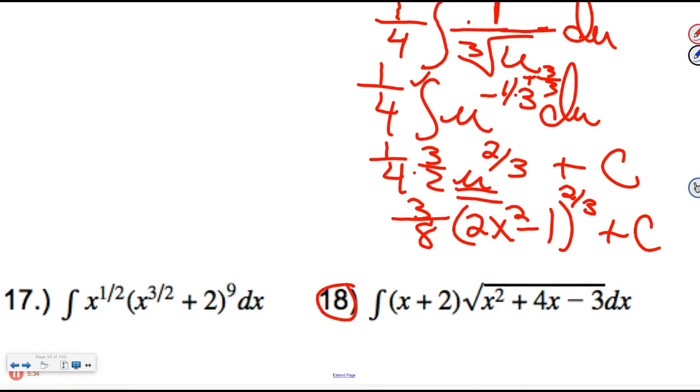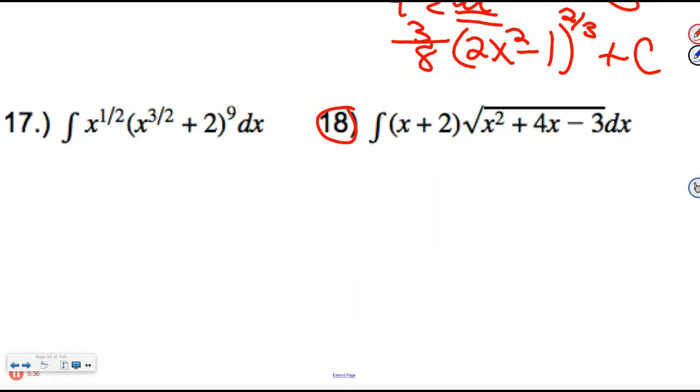The only one I want to start, there's one on your worksheet, like number 18, and it looks scary, but if you follow procedure, it falls out super nice. So don't go, this is a mess. It's actually not. Follow procedure. U is the inside function, which is clearly this quadratic, right? It doesn't look like it's going to work, but,